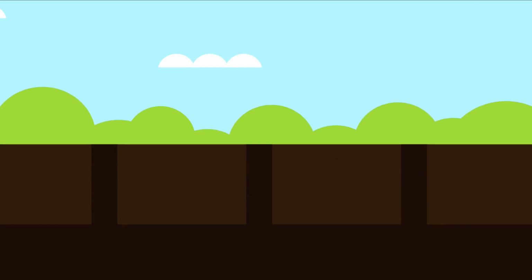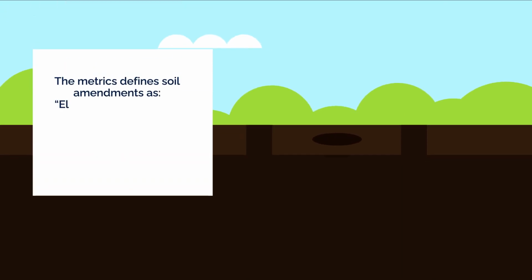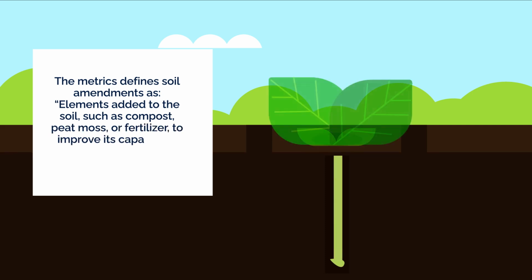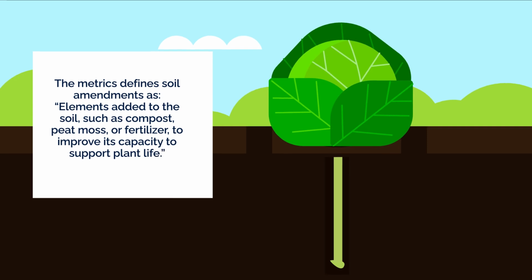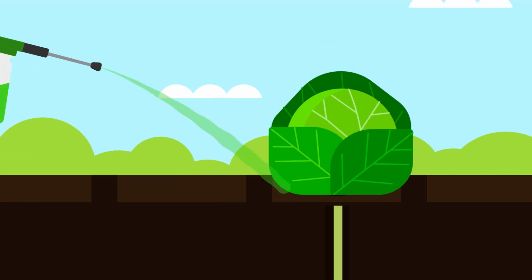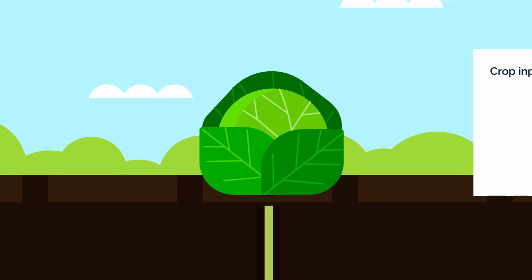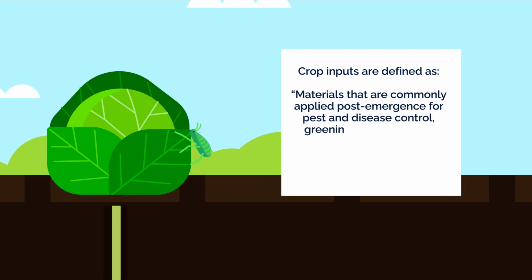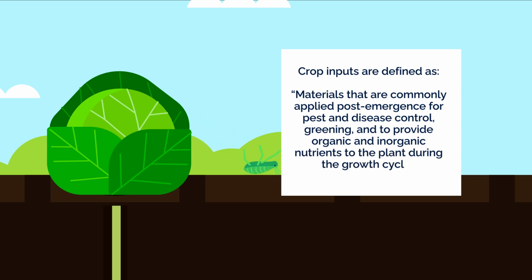of their characteristics. The metrics define soil amendments as elements added to the soil, such as compost, peat moss, or fertilizer to improve its capacity to support plant life, while crop inputs are defined as materials that are commonly applied post-emergence for pest and disease control, greening, and to provide organic and inorganic nutrients to the plant during the growth